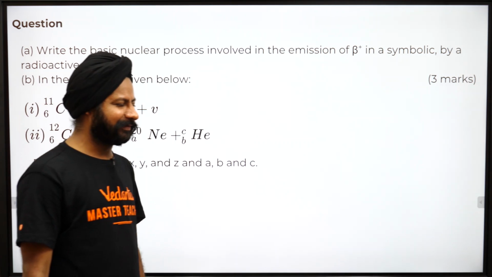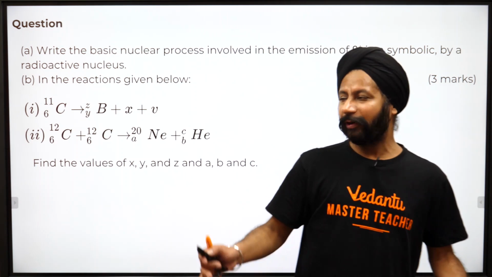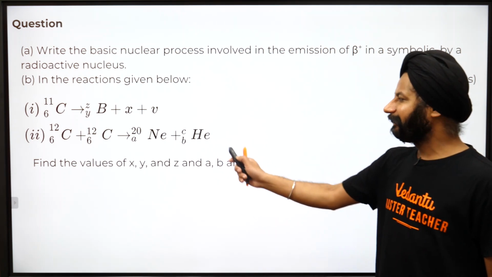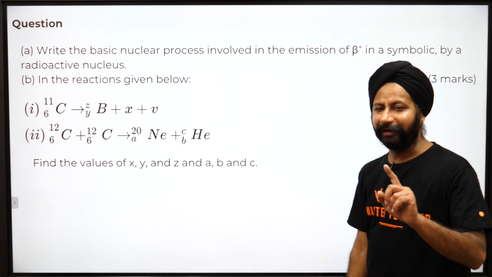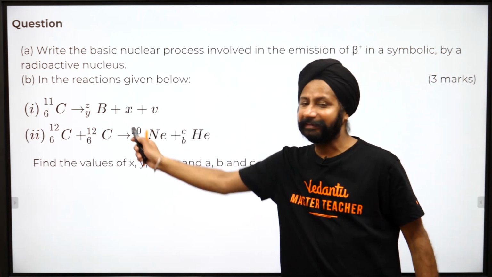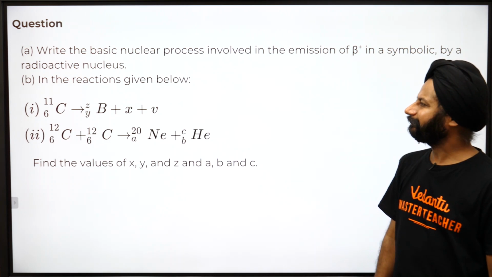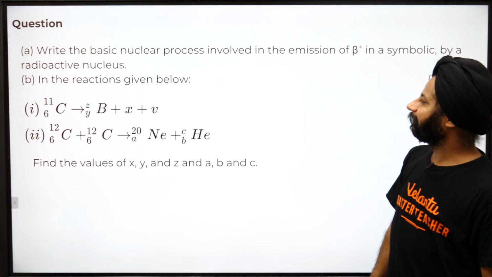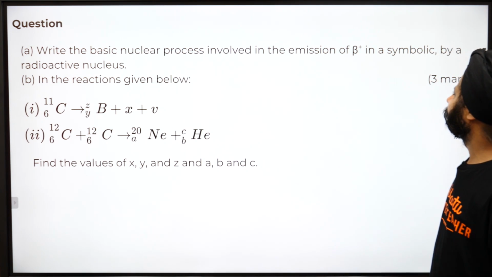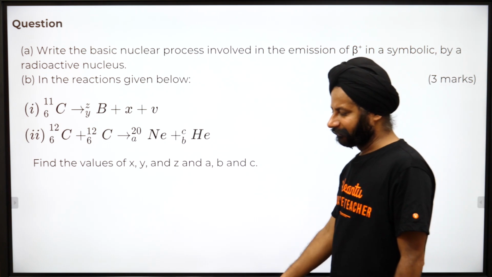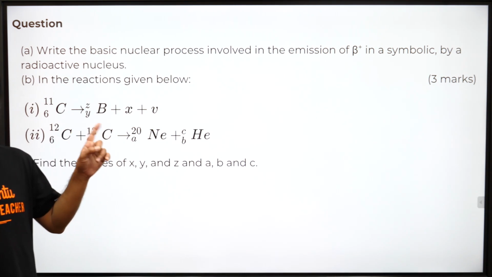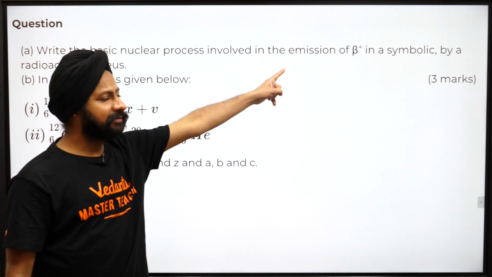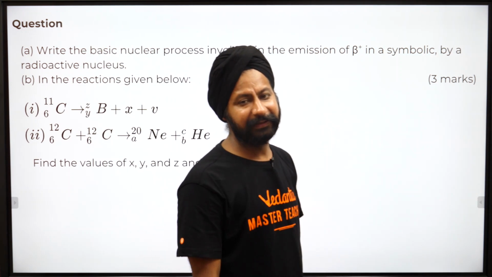Again, one of the questions that many students think, "Bhai, ye sab equations kya aa gaye?" This is very easy equation. Let's do that together. थोड़ा chemistry भी use होगा यहाँ पे, क्योंकि you have to remember these atomic numbers and all that. Question 1 says, write the basic nuclear process involved in the emission of beta positive by a radioactive nucleus. Look at the question one more time, because this question many students I have seen they make the mistake.